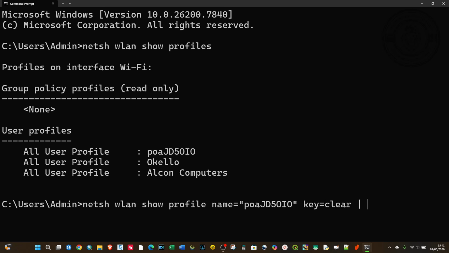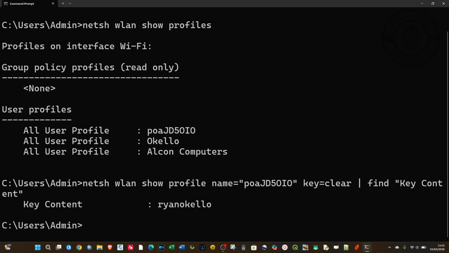And then type find space, open quote again, and then key content, and then you close the quote and hit enter. So the moment I press enter, you can see it has displayed the password for this particular